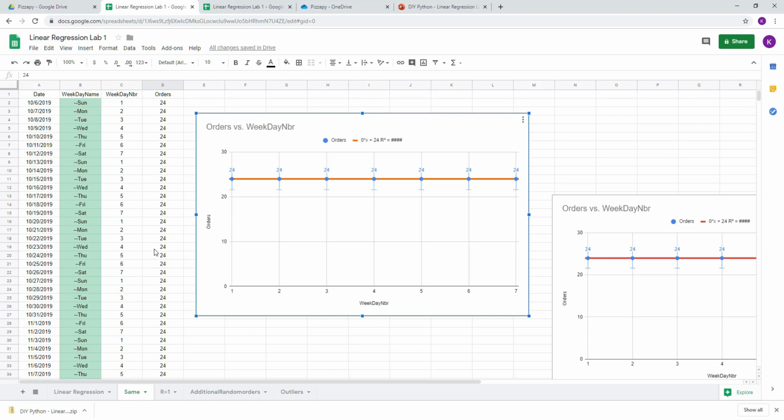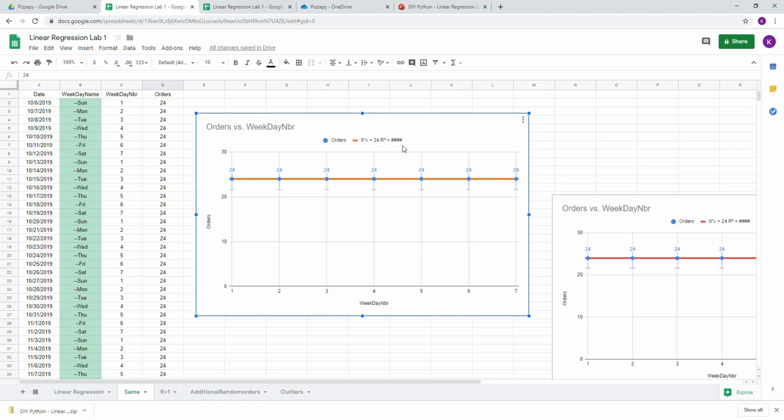That means it's basically summarizing all the data and applying the regression formula, and then trying to figure out A and B, and then apply that equation here. So it's trying to figure out all the y points for every x based on the data we have. And if you look at the equation here, it says 0 multiplied by x plus 24,